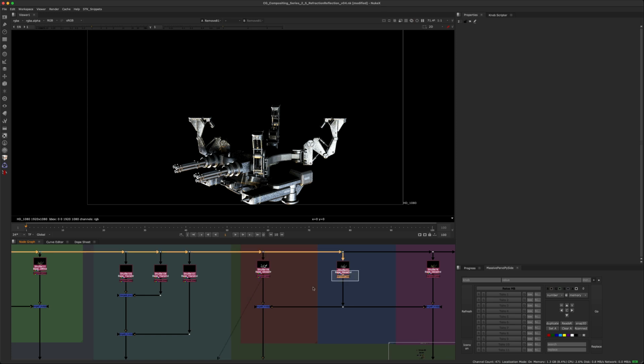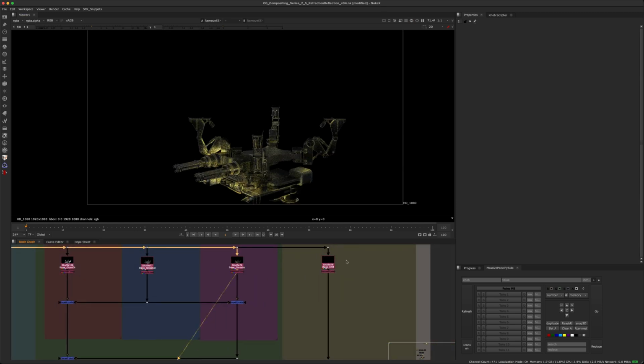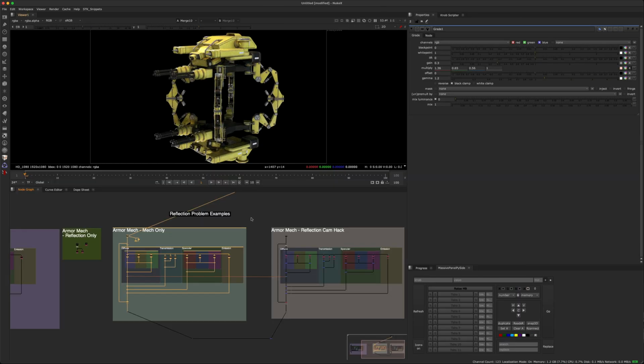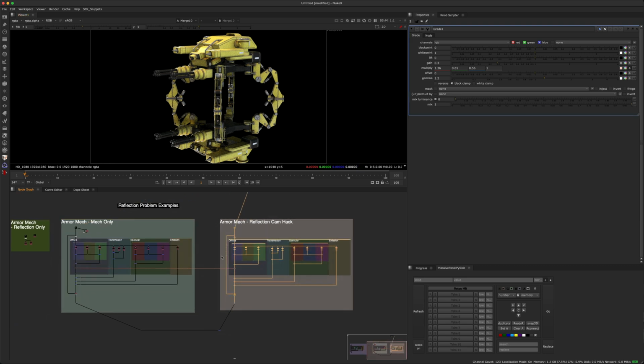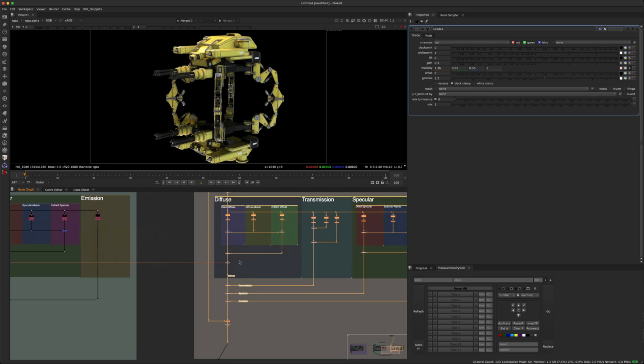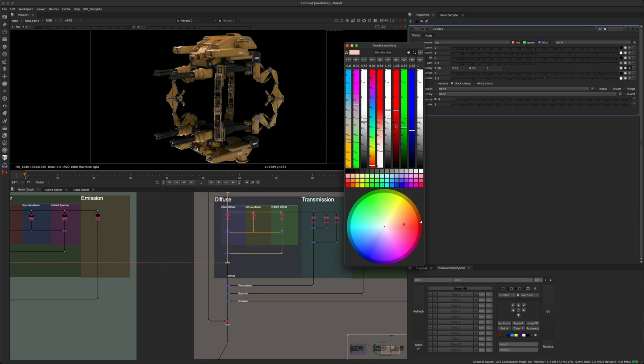So here's all of our specular highlights, and we are now a very happy compositor because we can go and adjust all of our passes. And in the end, you could have one AOV rebuild for the actual object and one AOV rebuild for the reflections, and copy some, for example, color corrections to both of them, where if you're adjusting the colors pretty extremely in one, it will be also adjusted in the reflection,